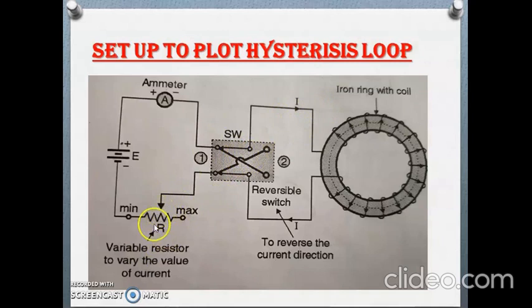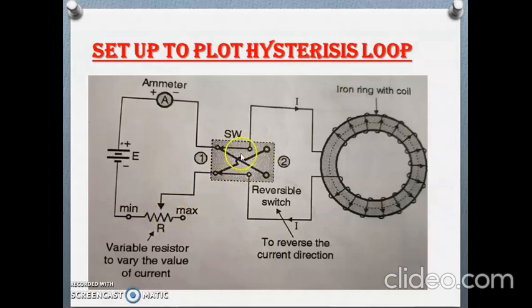For that we have to change the resistance connected in the circuit, so we can vary this resistor. This is a variable resistor. This is the first end, this is the second end, and there is a third terminal, which is called the variable terminal of a resistor. So this will be the symbol of a variable resistor whose value can be changed. If this terminal is moved from this to this terminal, its value also changes. When this terminal is connected here, it offers minimum resistance. When connected here, it offers maximum resistance, and when it is in the middle, it offers half resistance in the circuit.